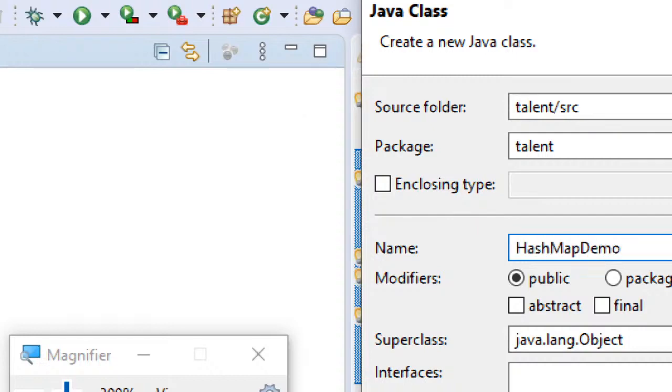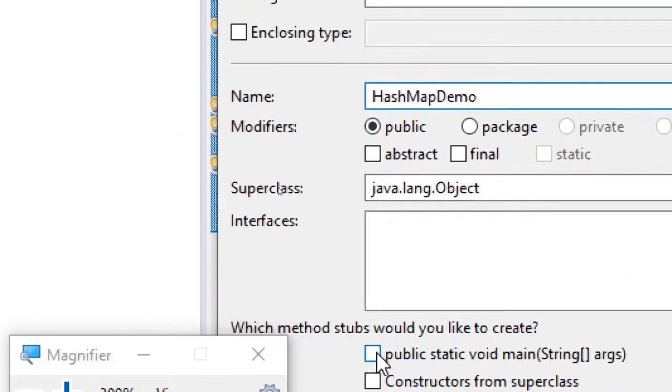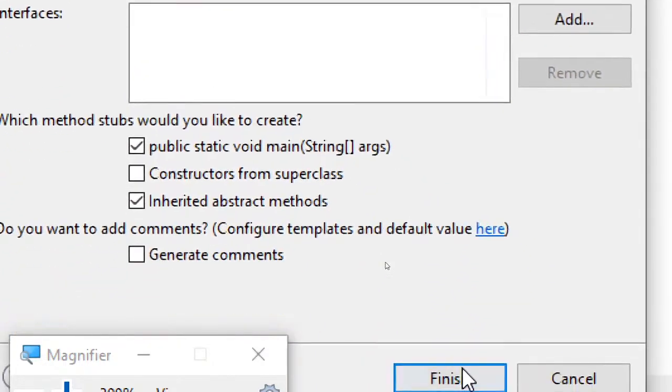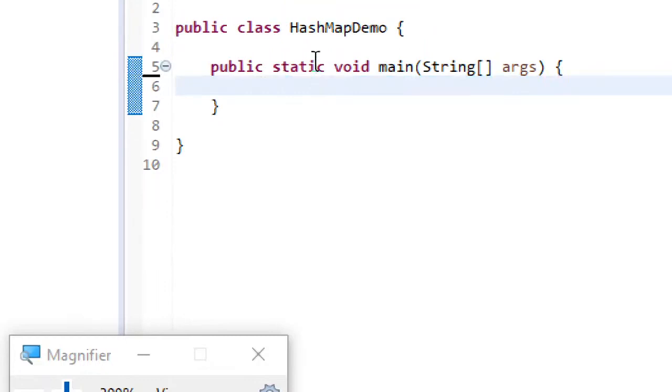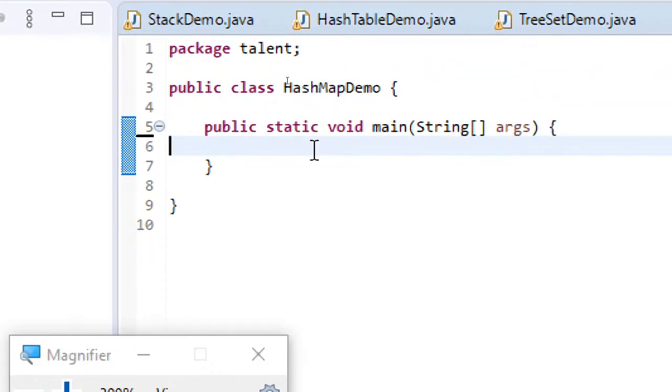So, hash map demo, just creating a hash map demo. Let's remove this stub. So this is how you can create this.